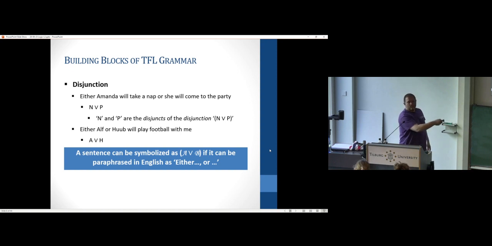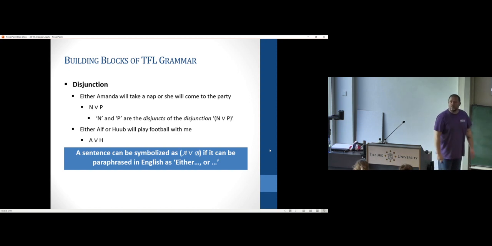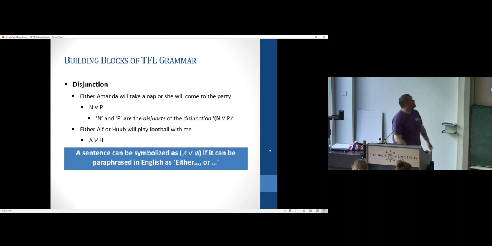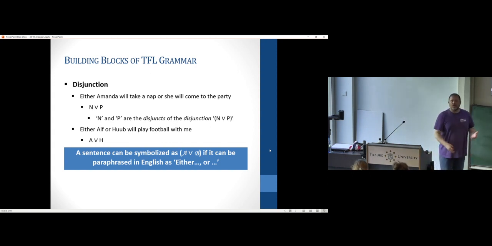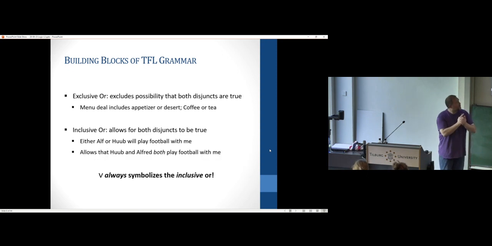So this is one version of the sentence. We can also symbolize this kind of thing. Either Alf or Hoob will play football with me. We can paraphrase this as either Alf will play football with me or Hoob will play football with me. And then we can see again, it's clear, we can stick the disjunction in. So we get the rule. A sentence can be symbolized as disjunction, if it can be paraphrased in English as either or. Okay. Now,